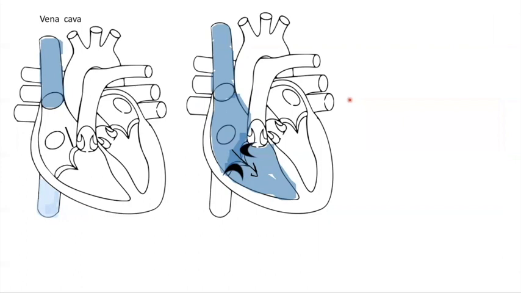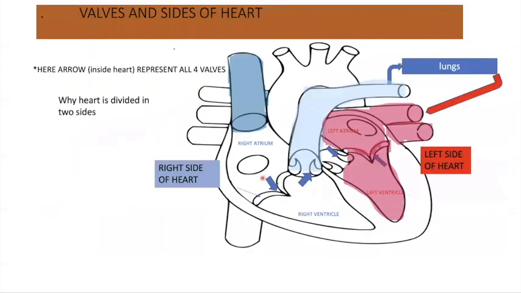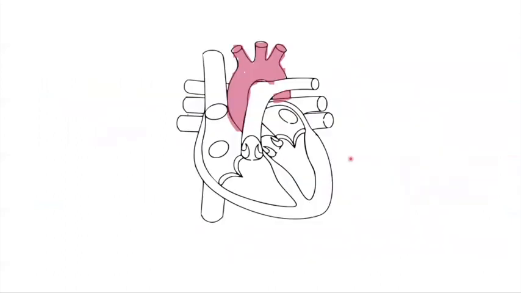So let us just recap what we have studied. This is the vena cava. From the vena cava, blue blood comes to the right part, the tricuspid valve opens up, and the blood comes to the lower portion. Now from there, the semilunar valve opens up, and the blue blood goes to the lungs, and the lungs purify the blood and send it to the pulmonary vein, and it enters the left part. And from this left part, it goes to the aorta, and from the aorta, all the other body organs get the oxygenated blood.